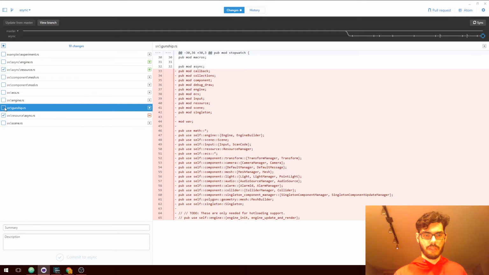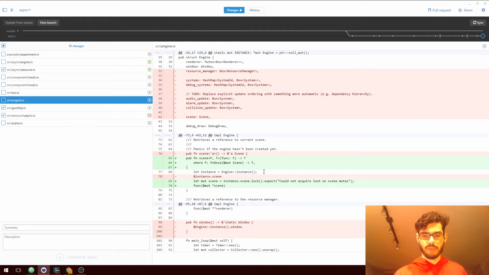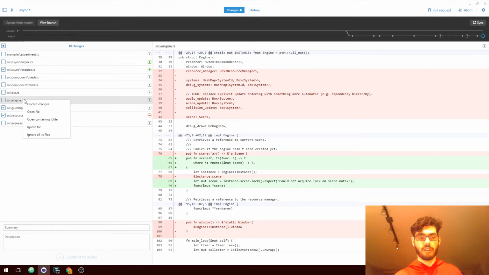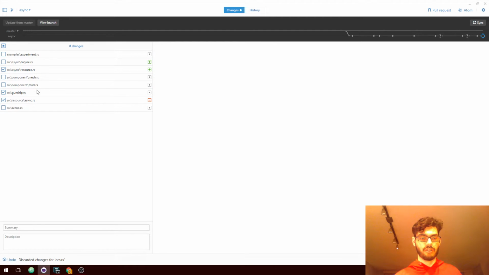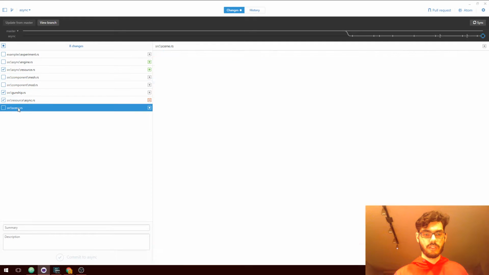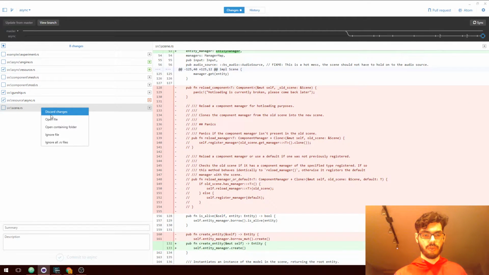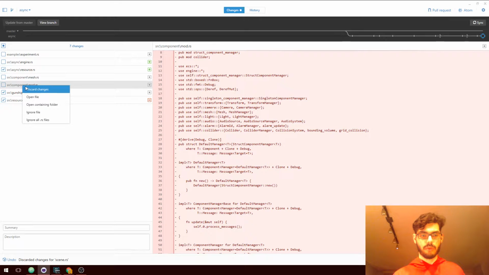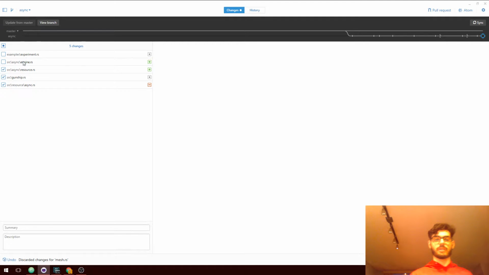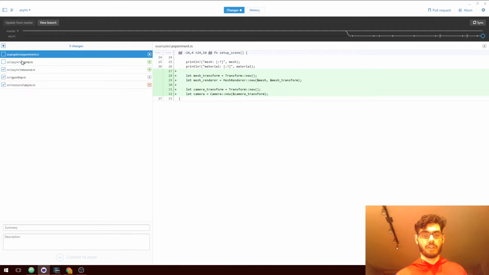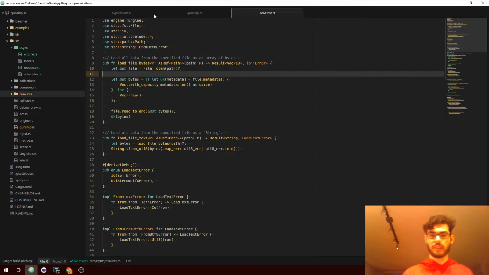These changes are going to have to be kept, but these other changes to engine are perhaps not. The other problem is I already made changes to engine on this branch, so I guess we'll not worry about those. Discard changes to ECS because those are going away. Changes to scene are also going away. Component, component mesh going away because those are simply no longer going to be compiled anymore. Yeah. So that is now what we are working on.